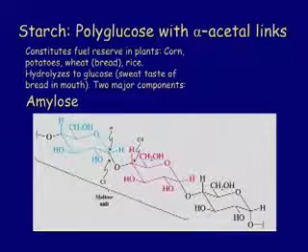Okay? In one case, it's the beta linkage. In the other case, it's the alpha linkage down here at C1. So it's again binding to another molecule of glucose at C4. This dimer here is actually a disaccharide called maltose, which is in malt sugar, which you may have heard about. Anyway, if you make a polymer of this, you get starch. So this is a polyglucose with alpha-acetal links. And this is the fuel reserve that plants use. Okay? So the cellulose is primarily used for structural material, and this is for the fuel reserve.